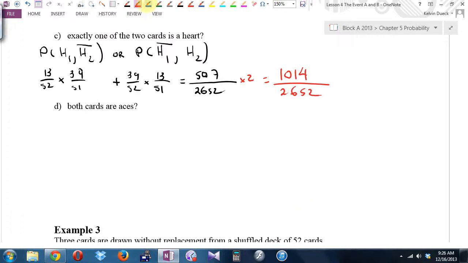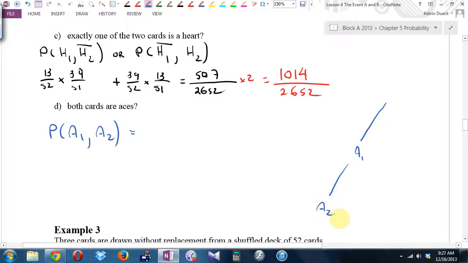I think what it's asking for is this. Is that okay? Yeah. By the way, we're talking about a branch like this, aren't we? Ace 1, ace 2. And the only time I do this, Christina, as a shortcut is if it's the same event over and over and over, like both aces, or if they said 3 aces in a row or 4 aces in a row,